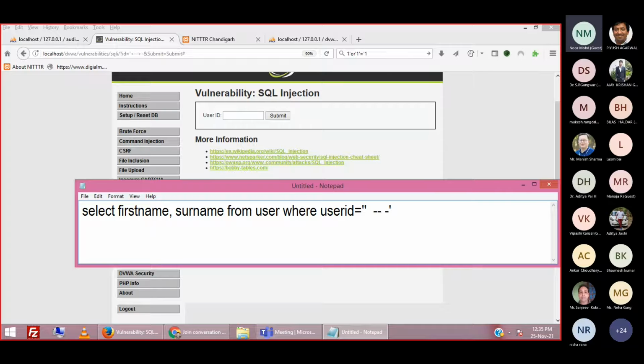Here we are going to input some more SQL query. To concatenate two SQL queries, we have to use UNION. The UNION operator will combine two or more statements along with the existing query, right?